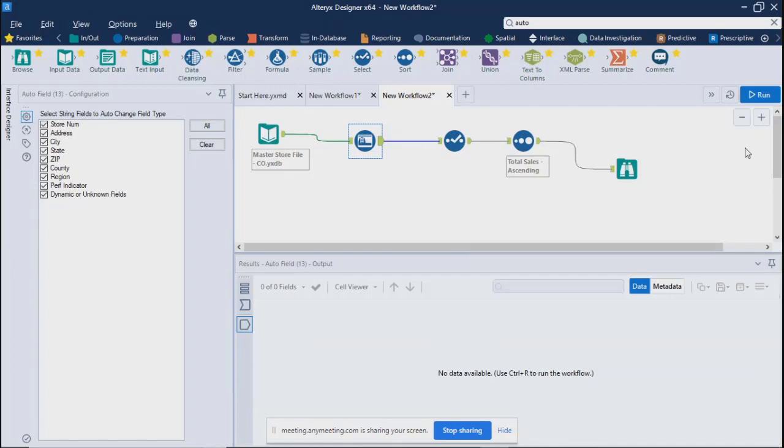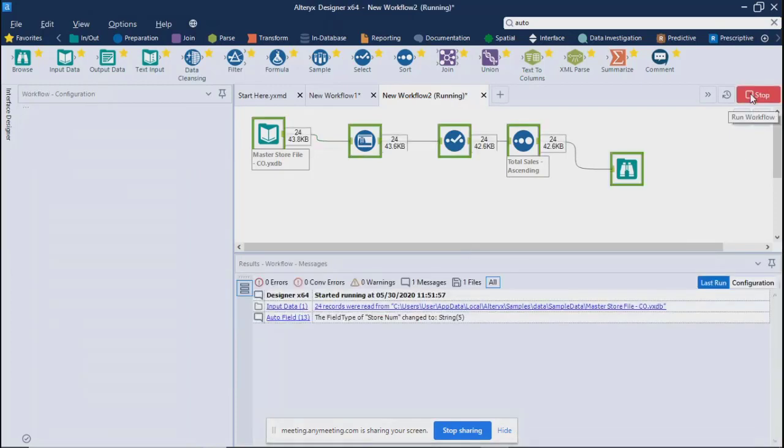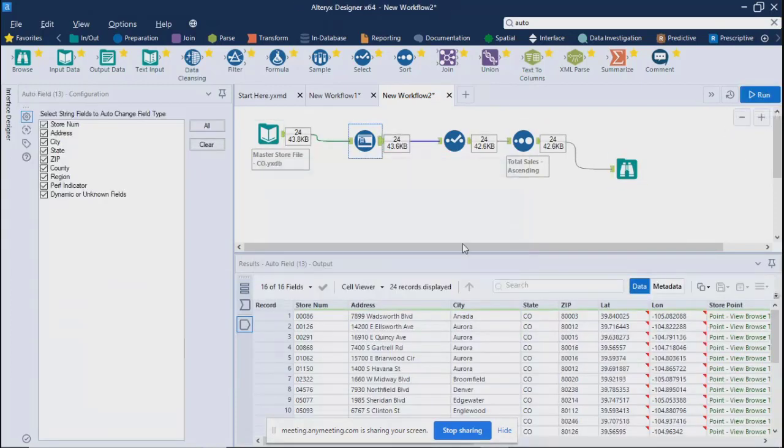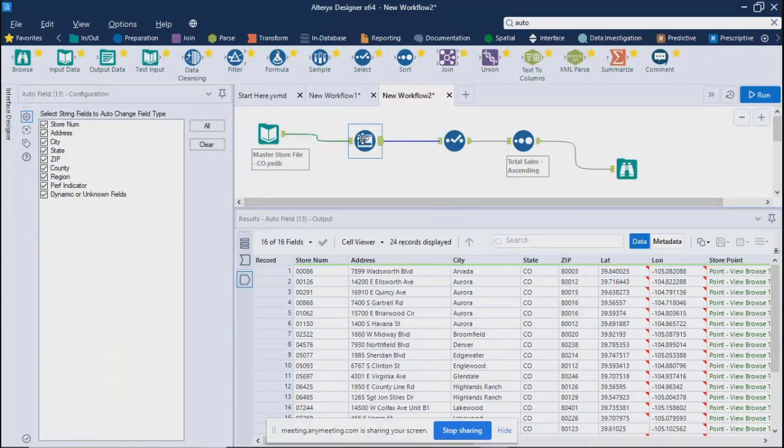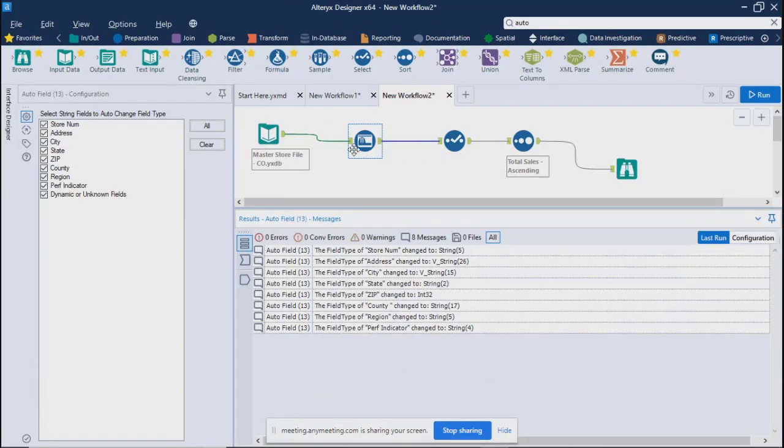So over here, if you see, if I run it, for this auto field tool, it says the field type of store number changed to string 5, address changed to v underscore string, city changed to v underscore string.